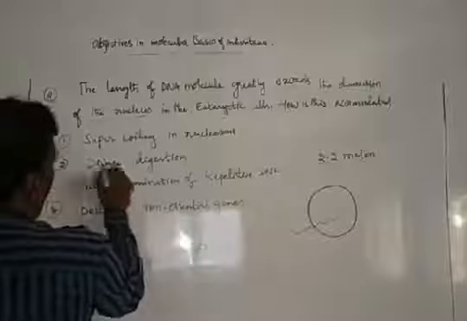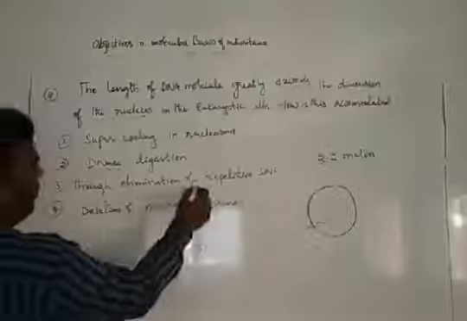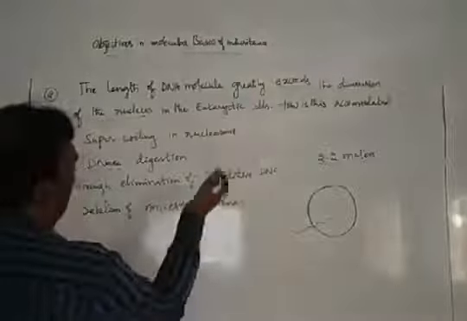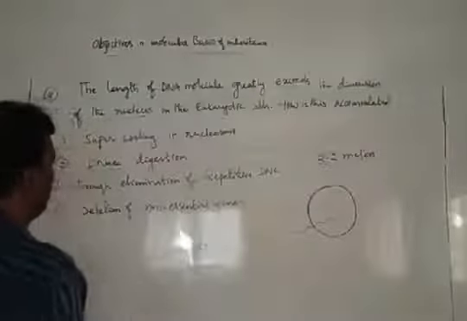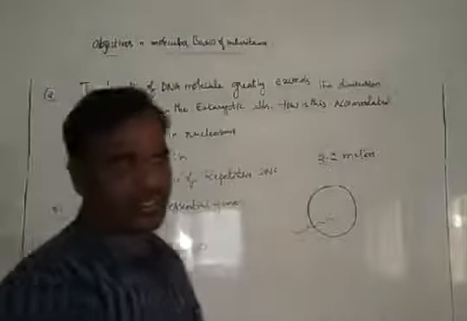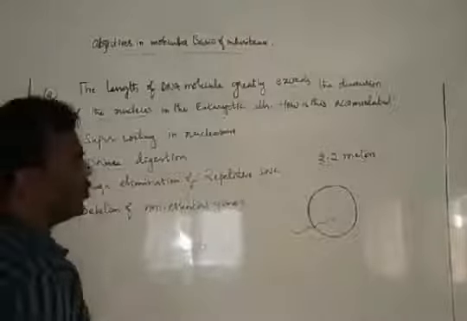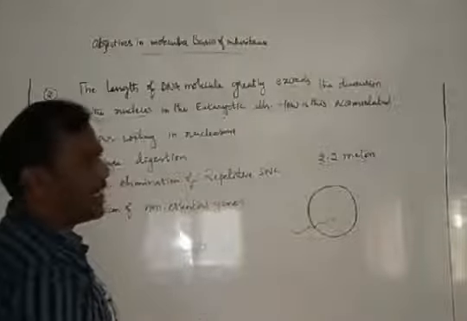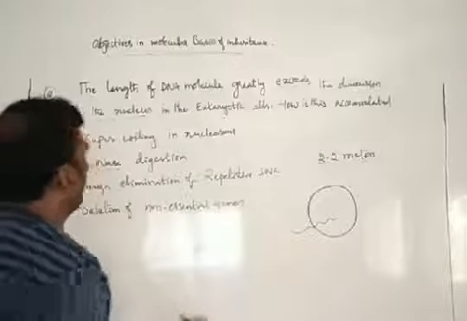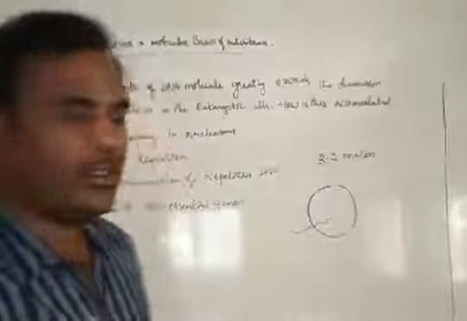DNase is involved in the digestion of DNA, and with digestion of DNA, it cannot be accommodated. Elimination of repetitive DNA does not matter in accommodating DNA in the nucleus. There is no deletion of non-essential genes. Because of the formation of nucleosomes, the DNA gets condensed and is accommodated in the nucleus properly. So the first option is the right option. Next question.